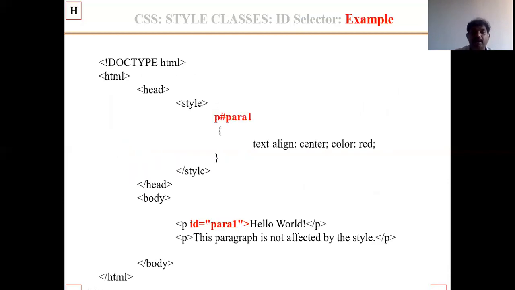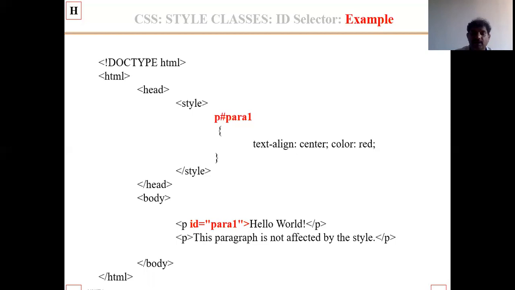Now an example for the style classes ID selector. Open with exclamation mark DOCTYPE html, opening tag HTML, opening tag head and opening tag style. P means paragraph, #para1 and open the curly bracket, text-align center semicolon color colon red.